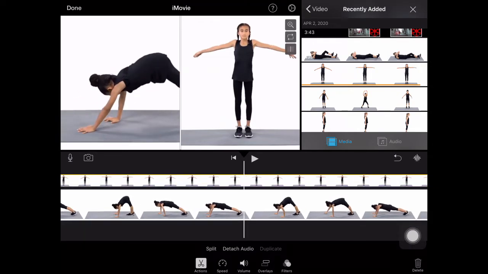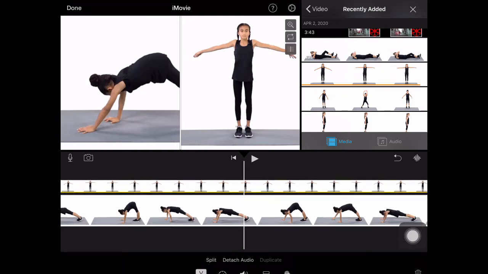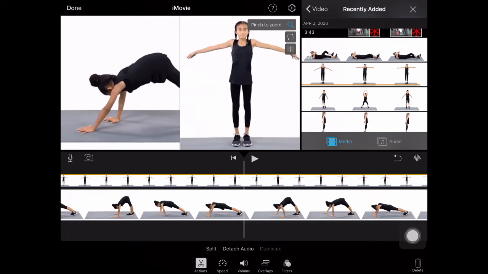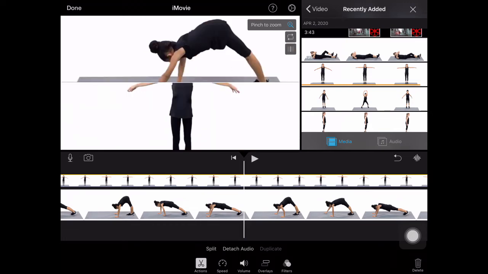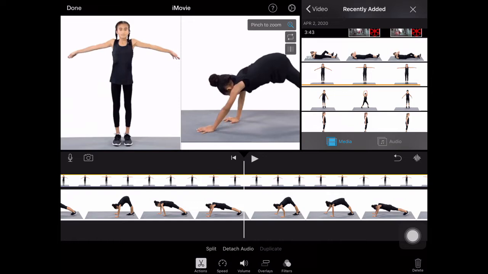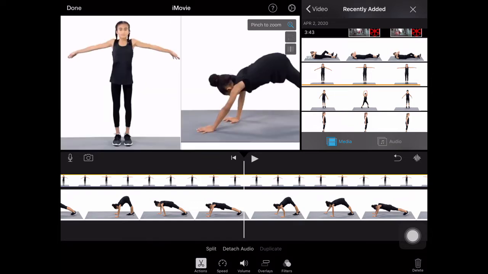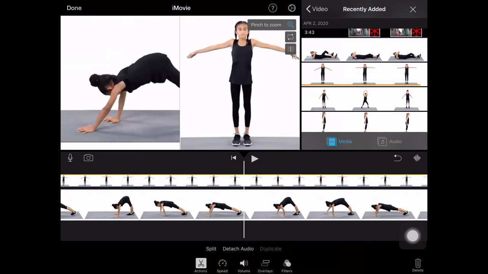I'm pressing on the clip on the top, and I can press the magnifying glass, which I can pinch in or out, make it a full in. I can press on the next one that has the arrows that go around, so it's a side-to-side one instead of an up and down, so it's horizontal instead of vertical. I'll go back there, and then I can also change, just keep pressing that, change where those videos actually are